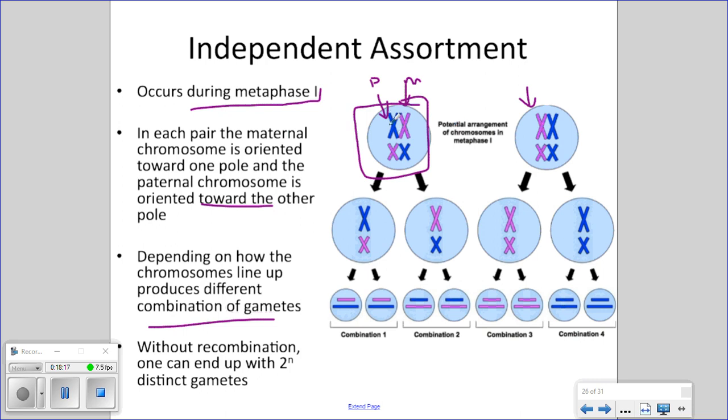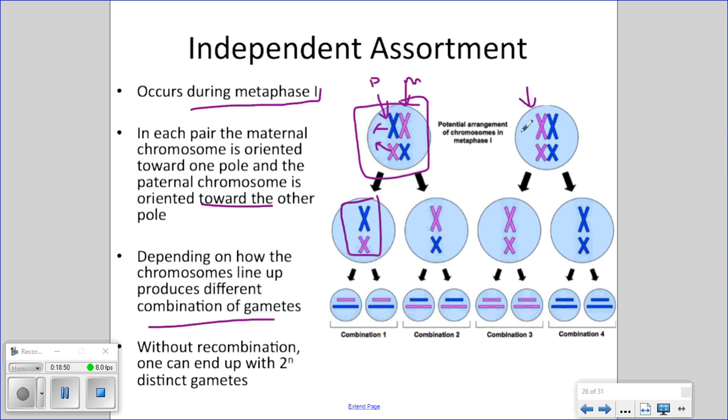So here we have the big chromosome from dad pointing to one pole, and the small chromosome from mom pointing towards a similar pole. So when anaphase 1 occurs, you'll get the big chromosome from dad and the small chromosome from mom together in one gamete. And the other gamete, in this case, will have the big chromosome from mom and the small